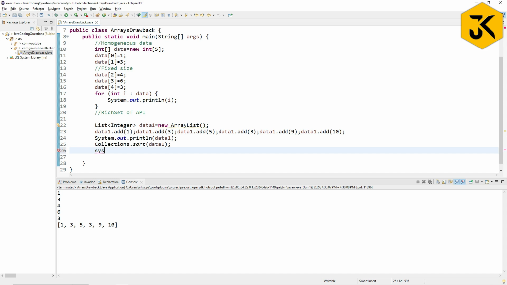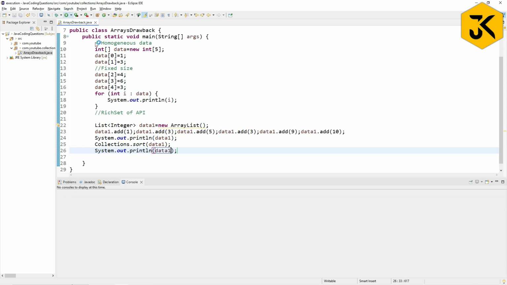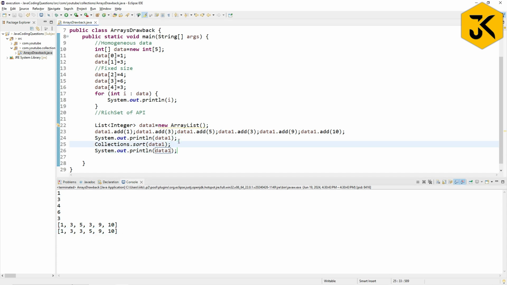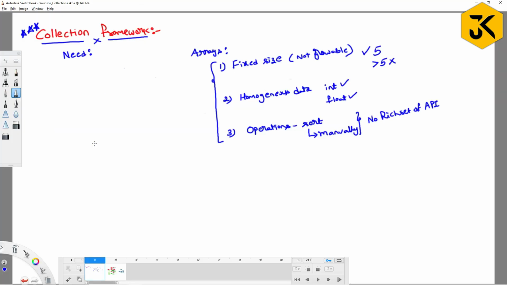After applying it, System.out.println, I can simply print data1. If I run it, the data is going to be sorted: 1 3 3 5 9 10. So this is somewhat easy compared to writing n number of lines of code, or not? Yes. Okay, so these are the 3 drawbacks that we can observe in the arrays concept.